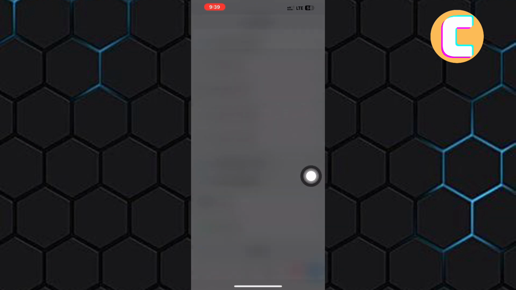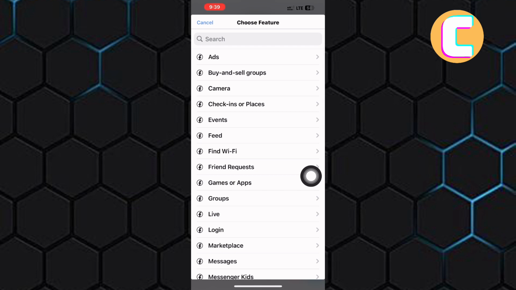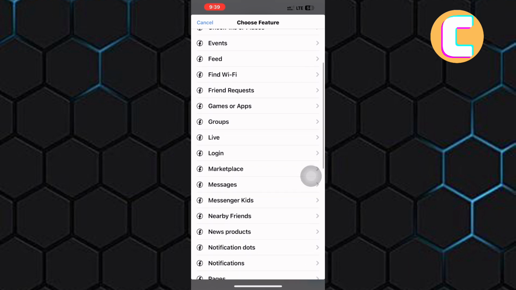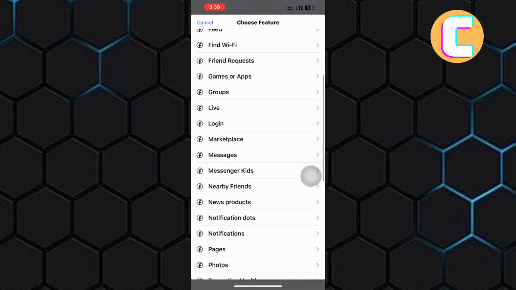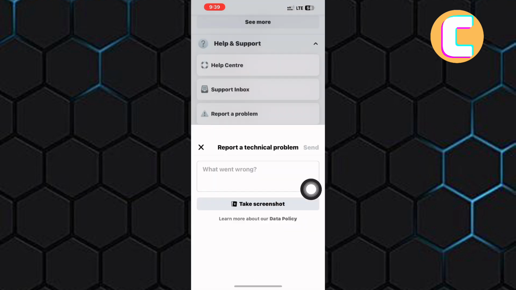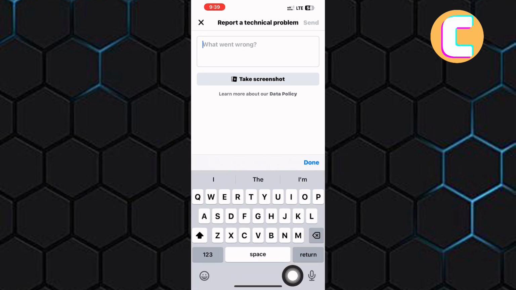Finally, you will land on this page that has a search bar with a list of different Facebook features. You can either use the search box to type the feature you are looking for, or you can scroll through the different features that are here and look for Marketplace. As you can see, the feature appears here. Go ahead and tap on it just like that, and you will be taken to the Facebook feedback inbox